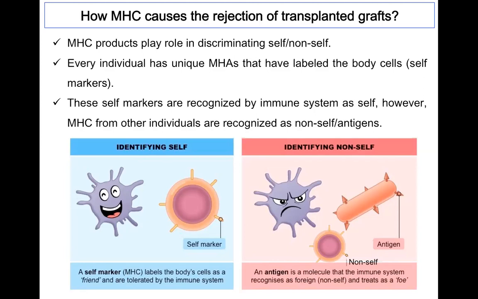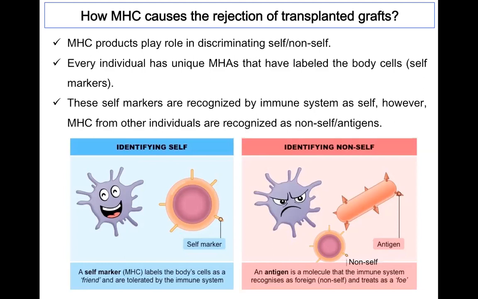It means the foreign particle that is not a part of the individual. That is called the non-self. And if it is recognized as a part of that individual, that is a self. So if someone asks you what is meant by the term self and non-self, self is a part of the same individual, and the MHCs are unique to it, and that's why they accept it. And if it is like a foreign particle, it is not recognized by the individual, and then it is known as a non-self and treated as an enemy, and that's why the tissue was rejected.